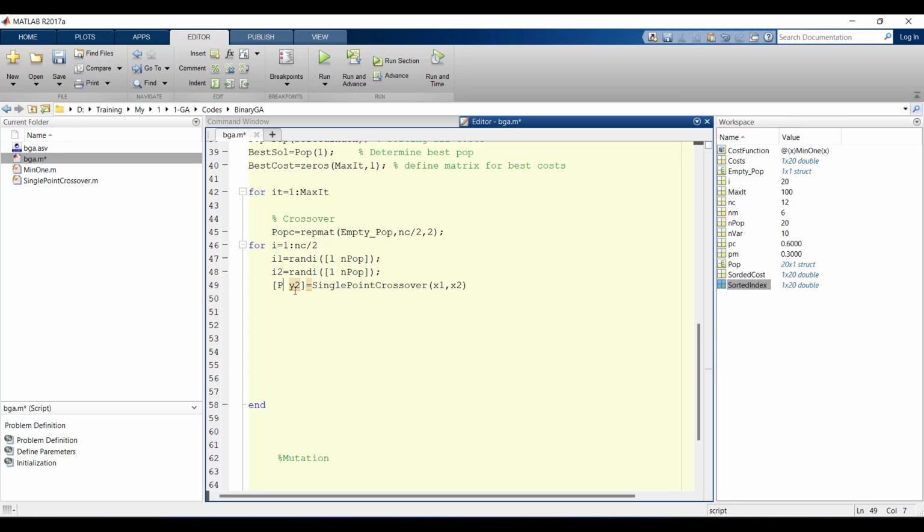Y1 and y2 actually will be pop C I1 dot position, and y2 will be pop I2 here just for the second column, that position, and x1 would be